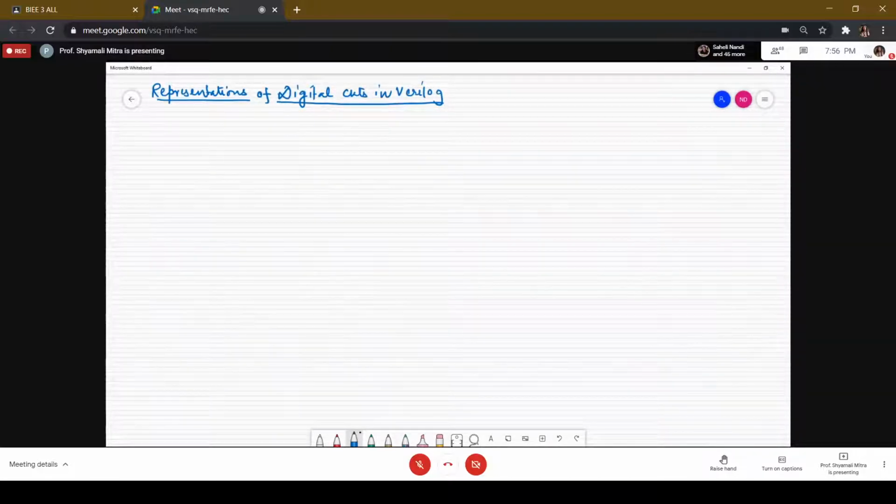So we have to write Verilog code where the elements are interconnected in such a way that it produces a viable output. This type of representation is known as the structural representation of logic circuits. So obviously the first one is the structural representation.